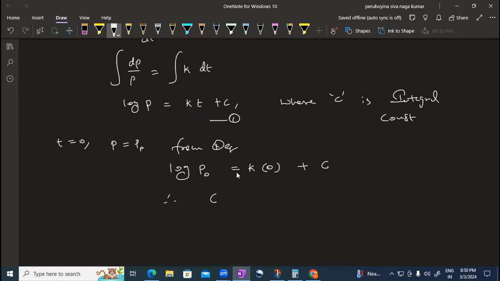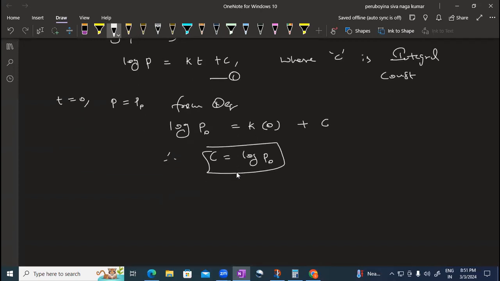From this we got C value is equal to log P naught. Therefore, the equation will be log P is equal to K into T. Since the bacteria is increasing, that's why I took K value as a positive quantity, and log P naught. And then he said,